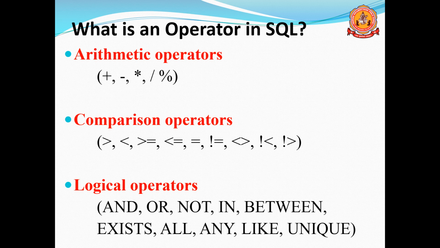Normally in a program there are 2 parts, the FROM clause and the WHERE clause. These operators are used for performing operations, mainly in the WHERE clause, checking the conditions and applying logical operations or arithmetic operations. Everything comes under the WHERE clause. So we'll see them one by one.